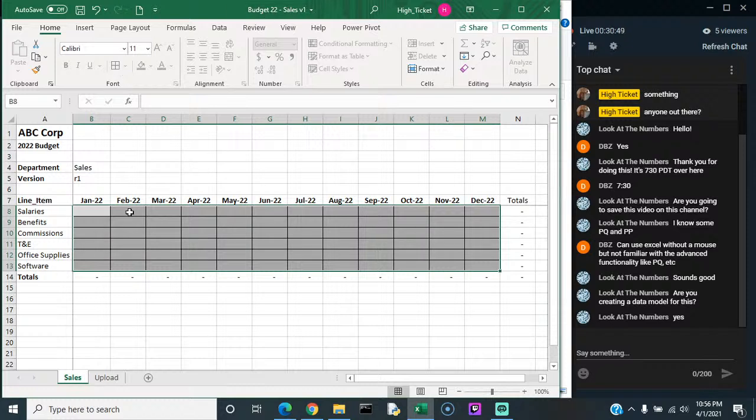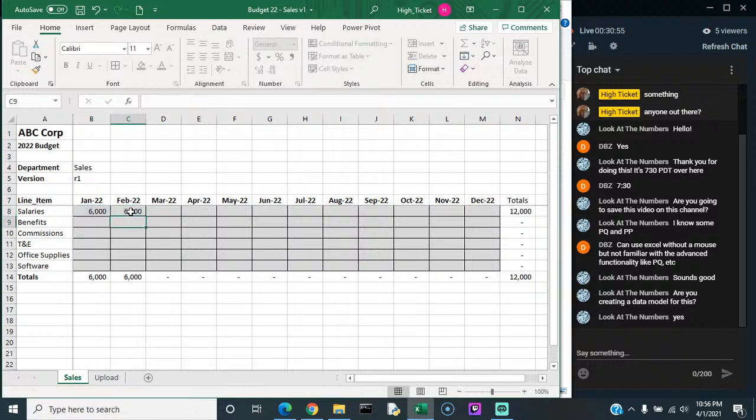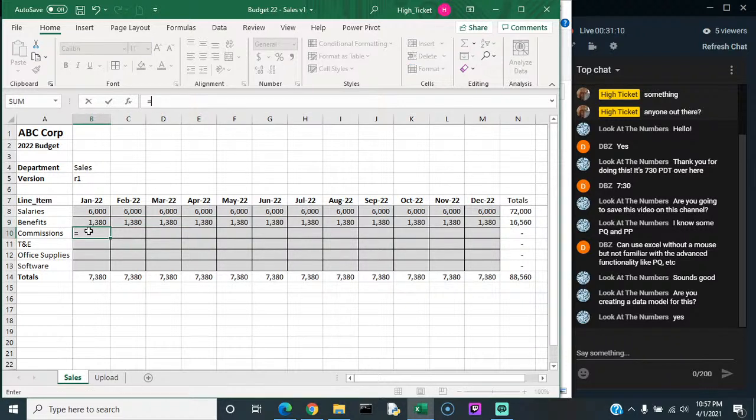So we've got sales version 1. So let's do this. Salaries are 6,000 equal to that. Benefits are equal to that times 0.23. Commissions are equal to 3,000 plus rand